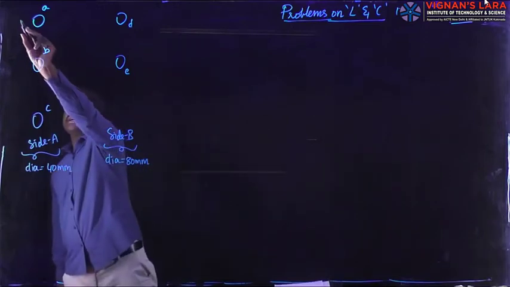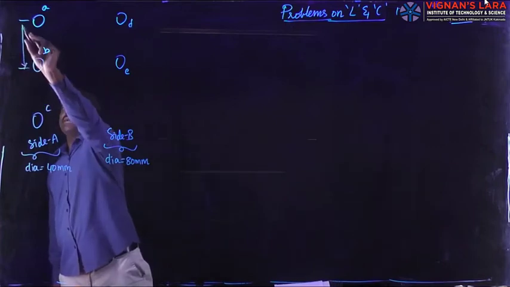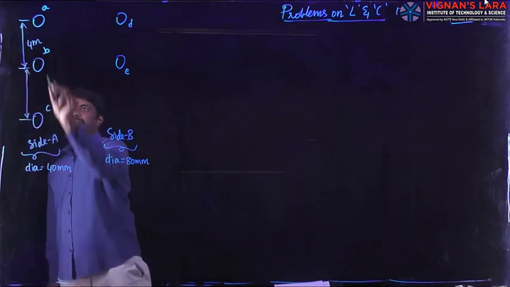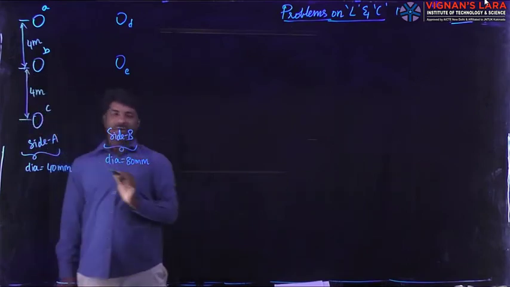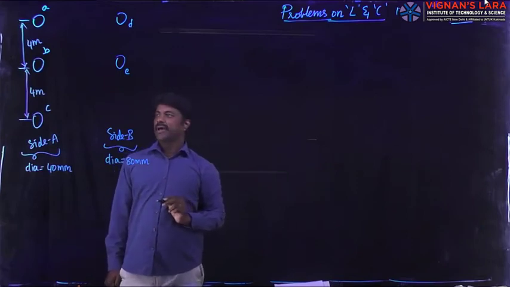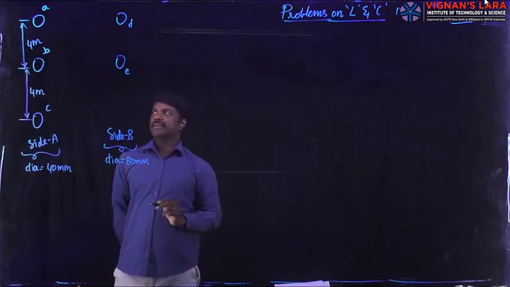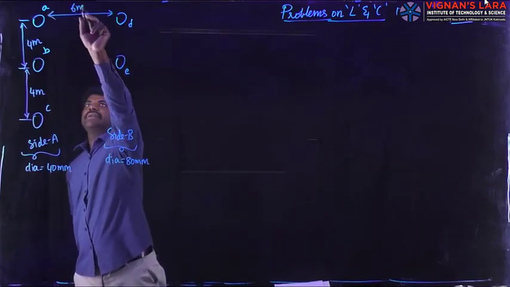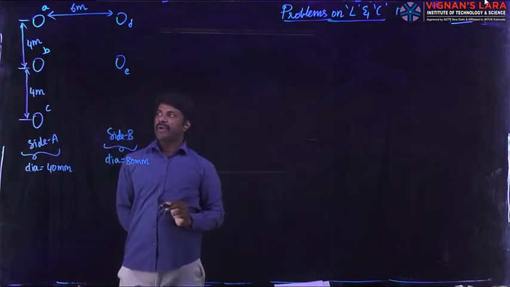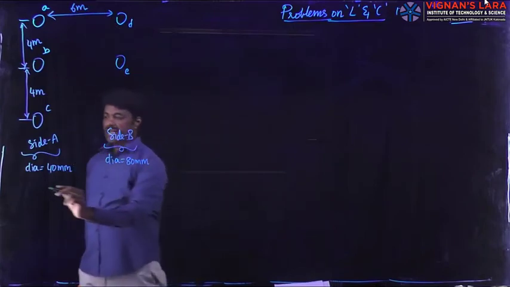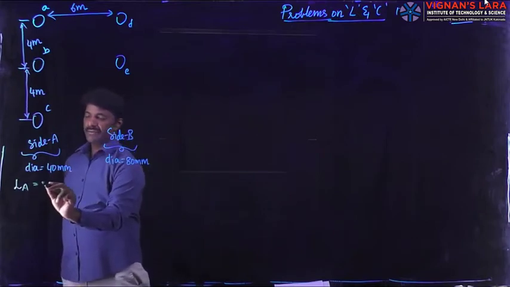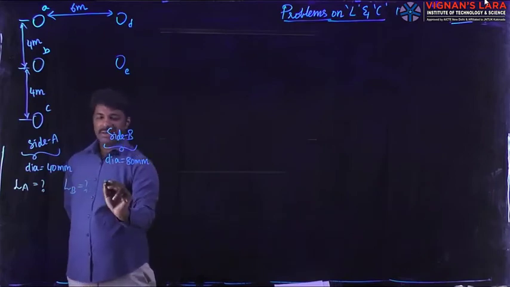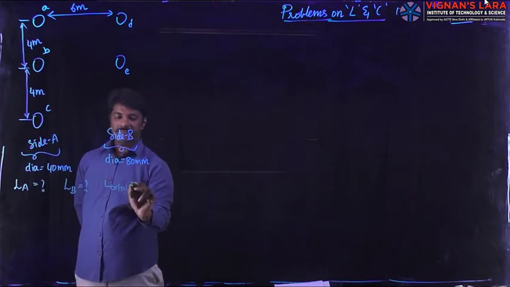So these conductors of the phases are separated by a distance of 4 meters, and similarly B and C conductors are also separated by 4 meters on the electric tower. Coming to side A and side B, these two are separated with a cross arm having a length of 6 meters. For such a problem, we are going to calculate the inductance of side A, how much, and inductance of side B, and the total inductance L total is equal to how much.